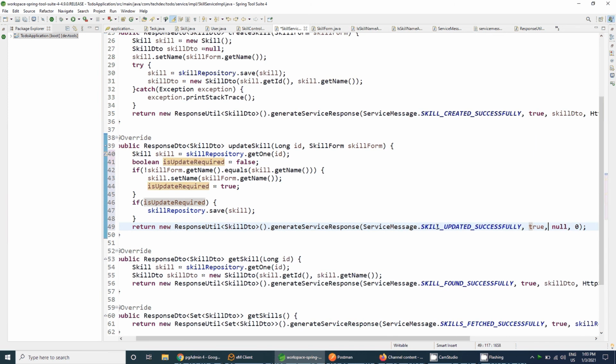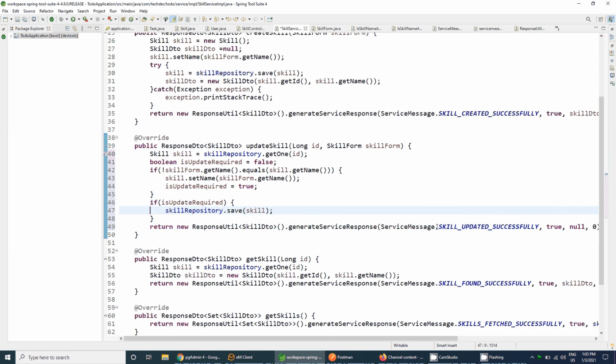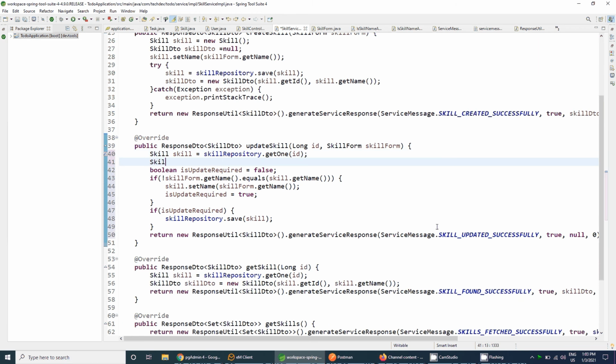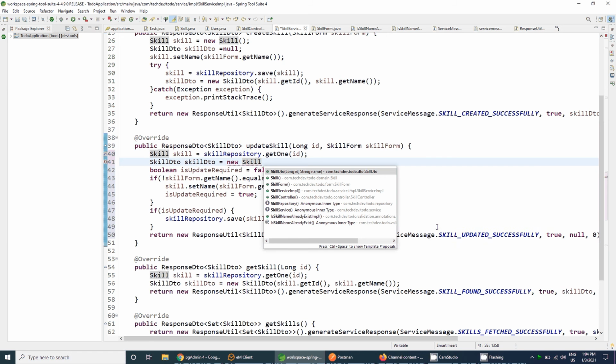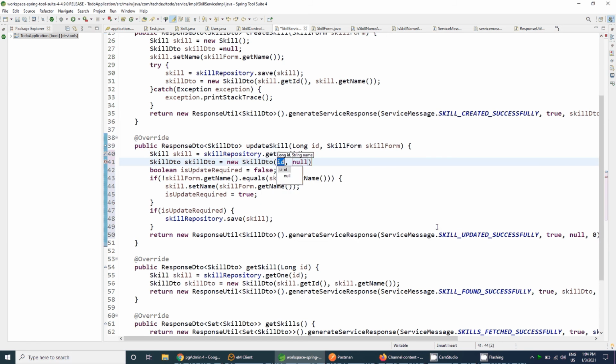Return will be the API will be true, and it will contain the skill DTO. So what we will do, we will create a new SkillDTO with the ID which we have, and skillForm dot getName, or you can use skill dot getName.